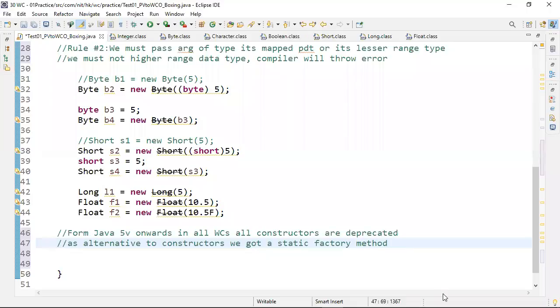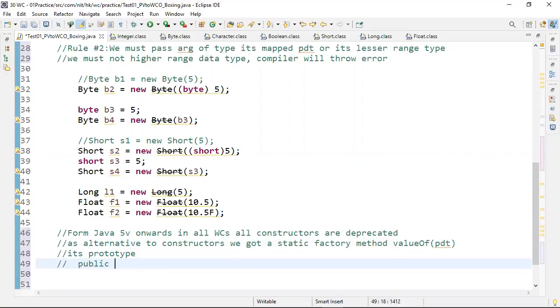What the static factory method? valueOf, taking a primitive data type, same as the constructor parameter. Okay, its prototype: public static. Tell me, this is a factory method.